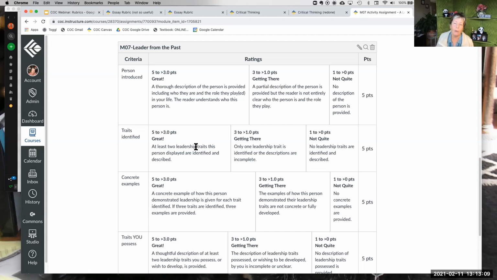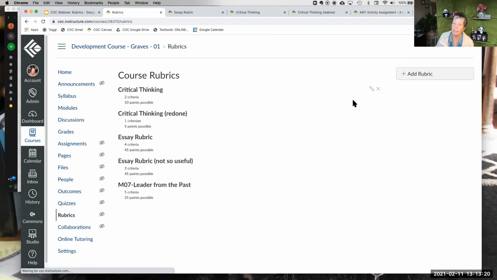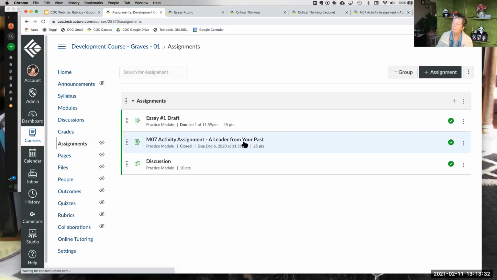So let's talk about the how-tos in Canvas. When I'm in a course, I can either go to the rubrics area, which is what I was doing earlier, and if I go there, I can create a new rubric. This probably makes the most sense if you're going to be using the same rubric on multiple assignments. The other way to do it is to go directly to an assignment.